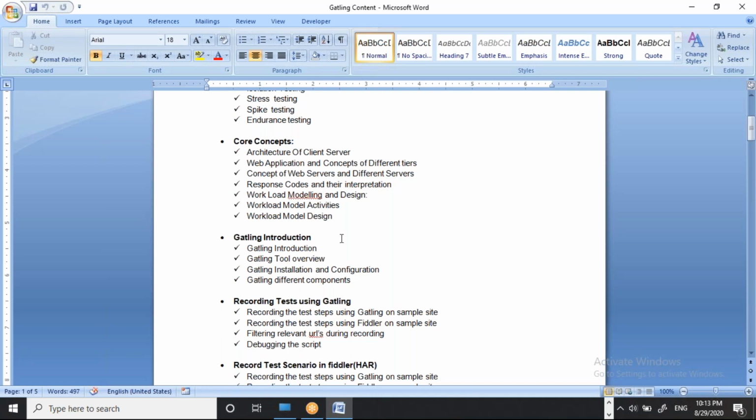According to that, Gatling is a much more comfortable tool for hitting a high load. See, using JMeter you can hit a load of up to 10,000 by using 5 GB or 10 GB heap memory, right? The same thing you can do in Gatling by using just 1 GB of heap memory, right? So Gatling is a much more precise tool.